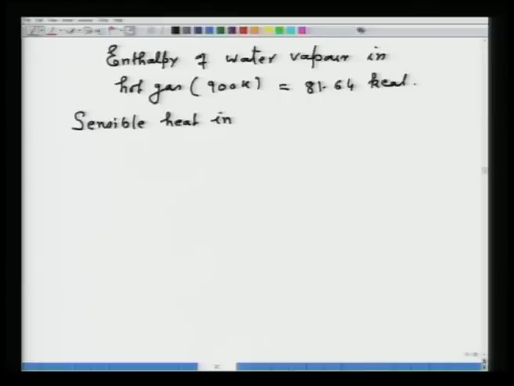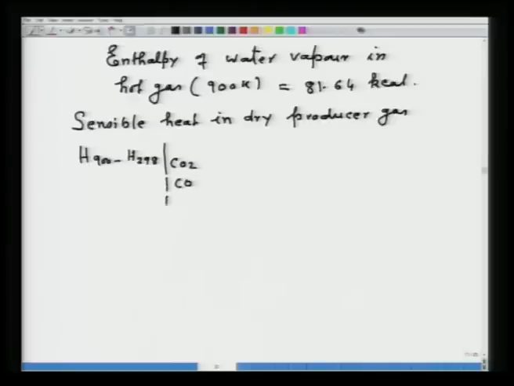Sensible heat in dry producer gas. I am writing dry because the water I have already found out. So now I do not need to find out the enthalpy content of H2O of producer gas. So, the sensible heat values, H900 minus H298, for CO2, for CO, for CH4, for